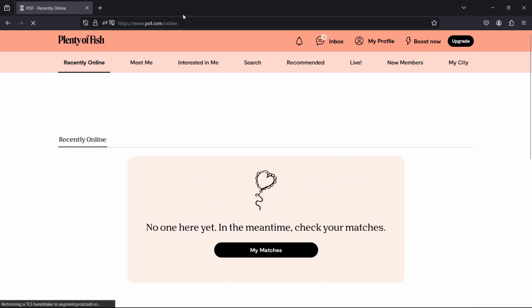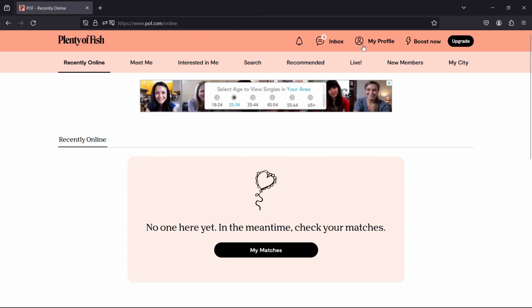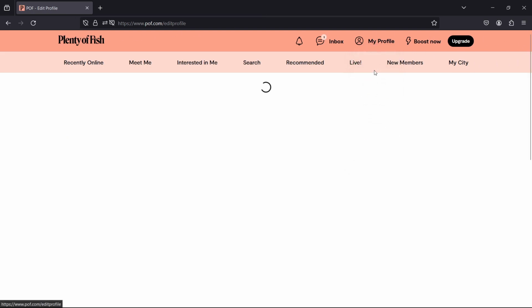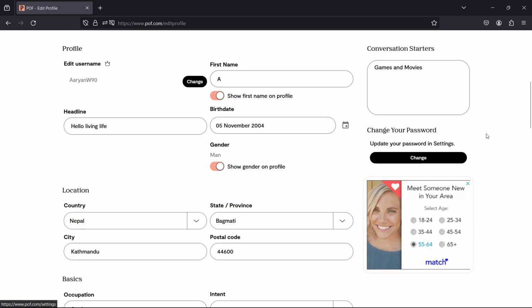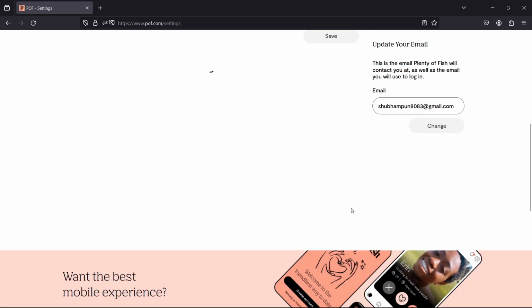As you can see, it will take me to the official website of Plenty of Fish dating app. Now to change your password, you need to go to my profile, which is on the top screen of this web page, and click on edit profile. Now scroll down a little bit, and as you can see on the right screen of this web page, change your password or update your password in settings, then click on change button and it will take you to this